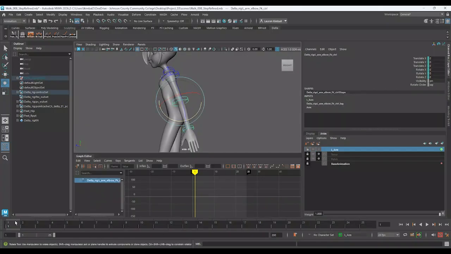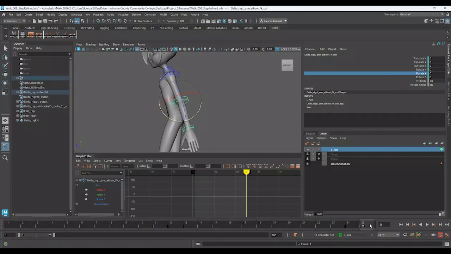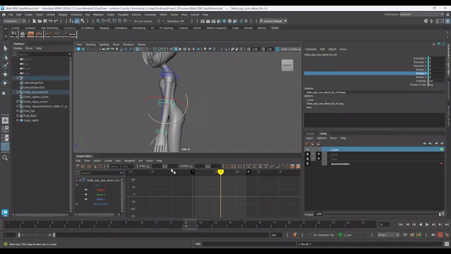Now, what's interesting about the lower arm is it's kind of a form of drag. So at this point, let's just throw a key down. Let's just go to rotate Y and key selected, and we'll go to the very end. Yep, Alt-I is working again, thank goodness. 13. Okay, so at 13,